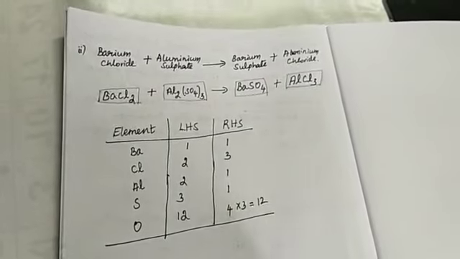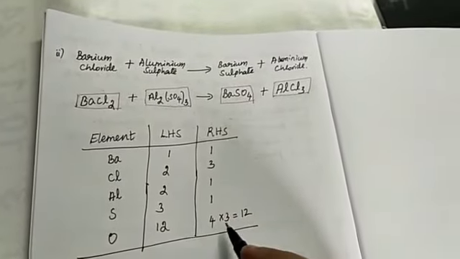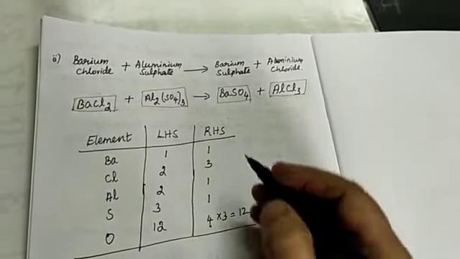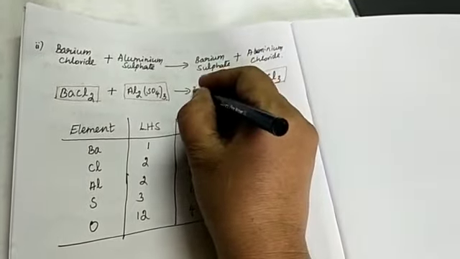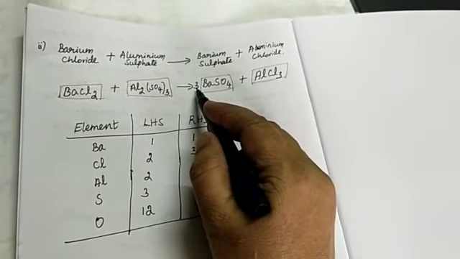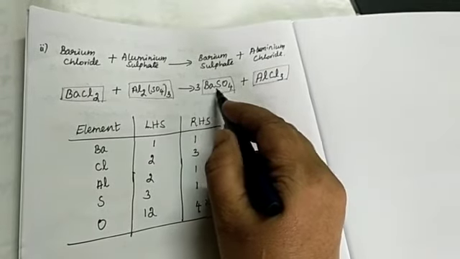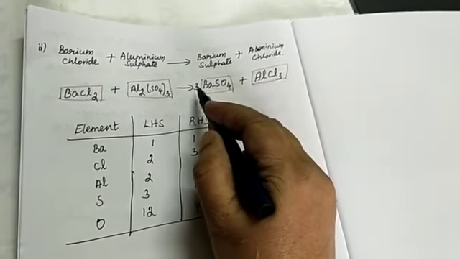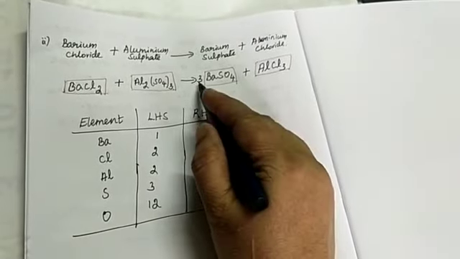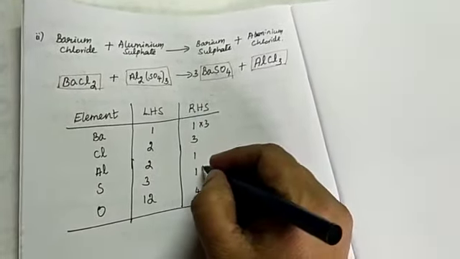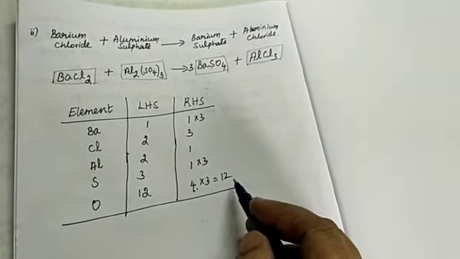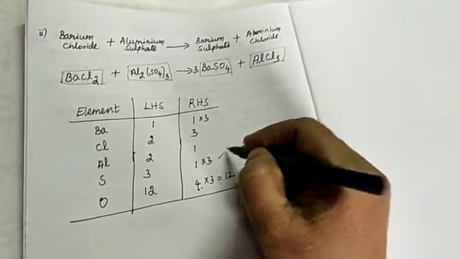So now 4 3s are 12. So we have to write near the oxygen, there we have to multiply by 3. So here oxygen is there, we will write the number outside. So 4 3s are 12 oxygen. So when we write this 3 outside, every element inside this box is changed. So now 3 into Ba, it has become 3Ba. Now sulfur, 3 into sulfur, it has become 3 sulfur. Oxygen, 3 into 4, 12. So oxygen is over and sulfur is correct.